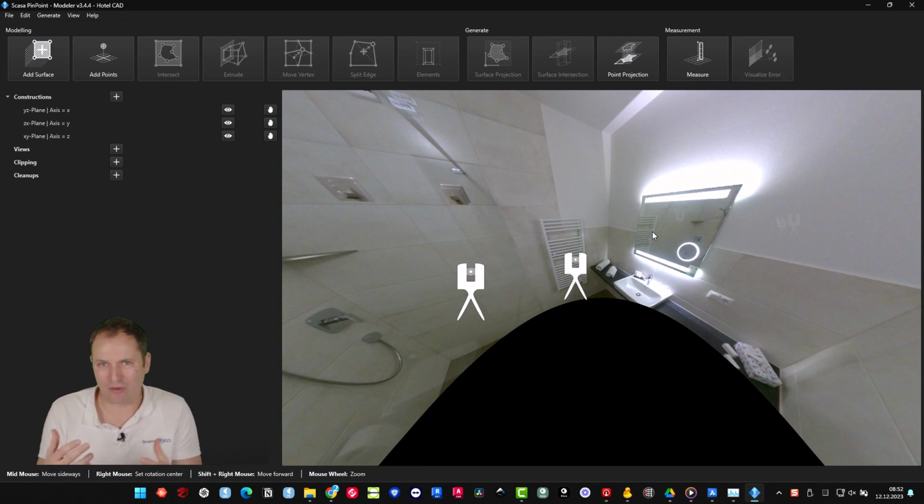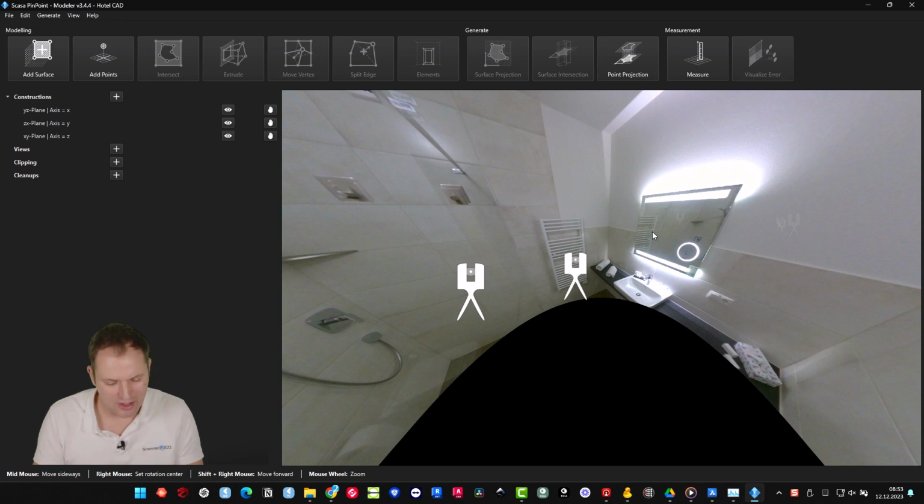But this is only the image view. That means this is made at a different time than the scan. So the point cloud will be generated a little bit later than the image. So sometimes people walk into the scan and then you have some geometries that make the modeling complicated.